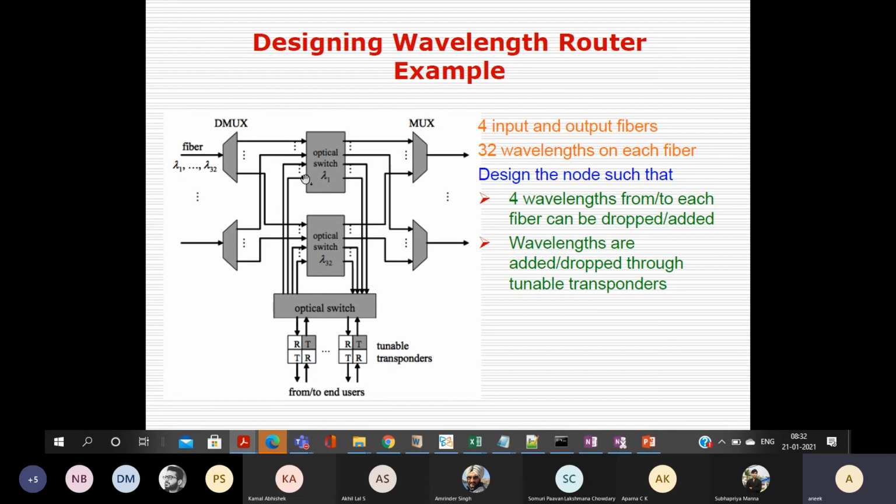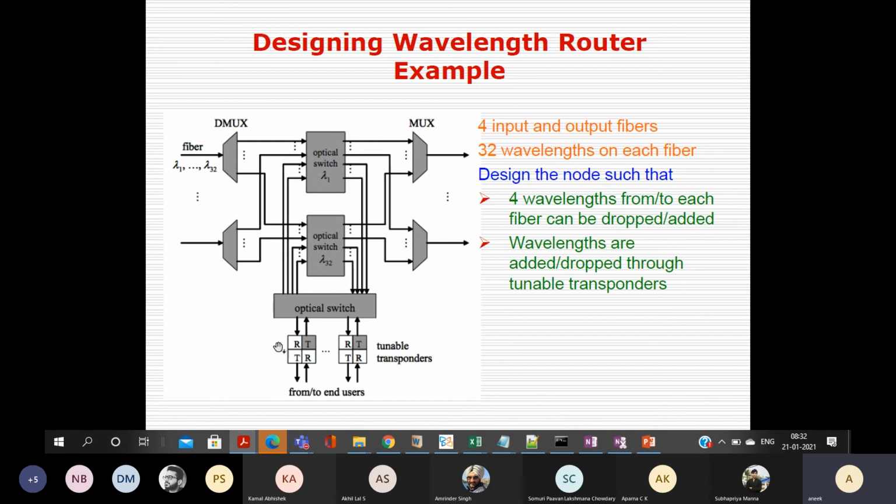So initially you have the 4 input ports for these 4 fibers, and you also require 4 ports in the optical switch, because there is no limitation. There should not be any constraint. It is just mentioned that 4 wavelengths should be added to each fiber. So there is no such restriction.